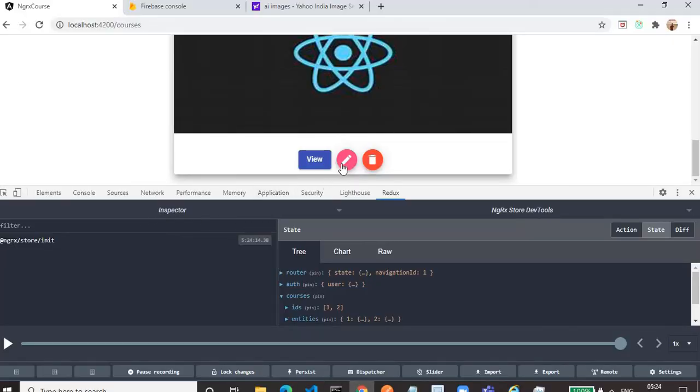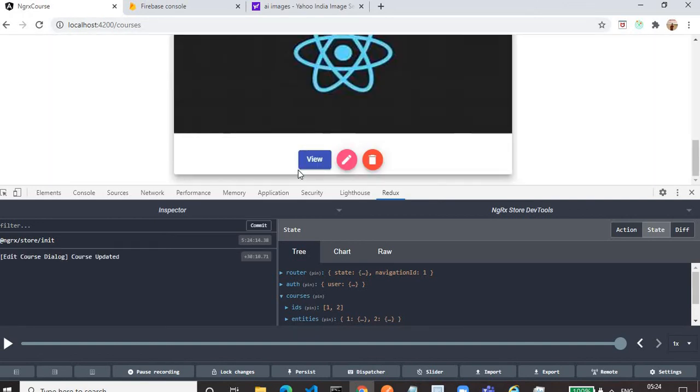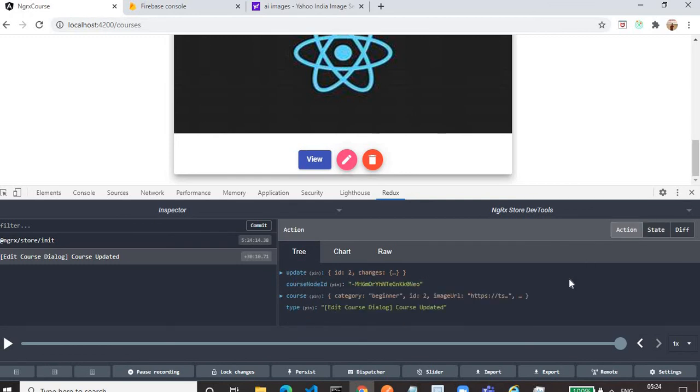Let's edit it. If I edit, let's remove the beginner from this, and let's save. As we save, another action is triggered. In this action, if you go to the action tab, we'll see the type as well as payload.